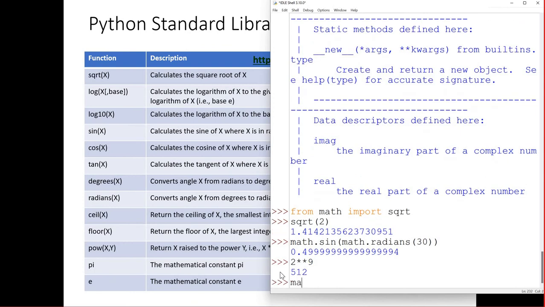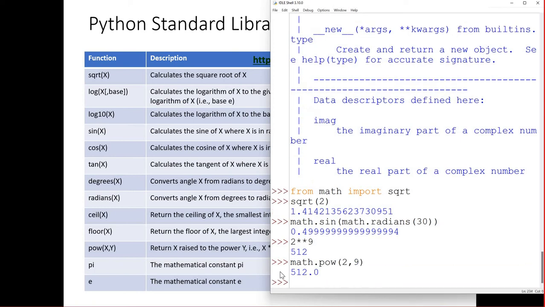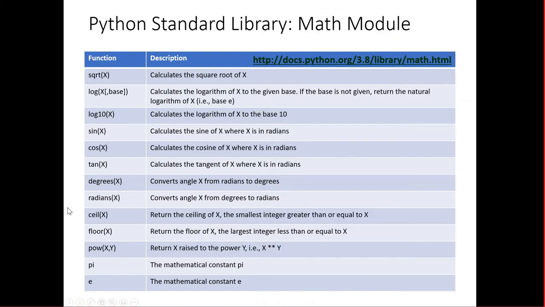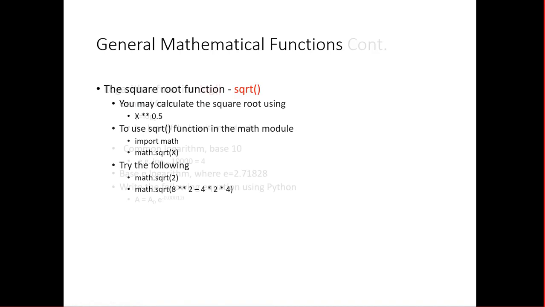If you want to use it as a math function, we can say math.pow, yes, this is what we have, 2 comma 9 will give you the answer, right? Okay, so these are just examples that you don't need, but remember that you can use this in the math module, right? Next one,